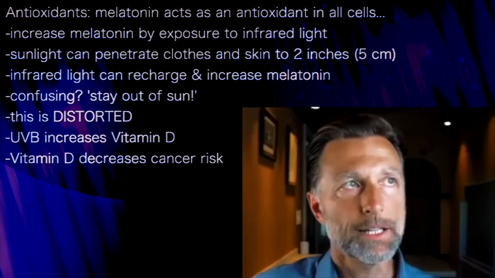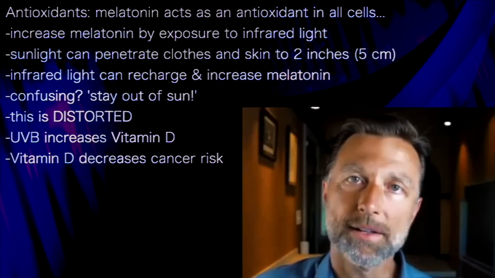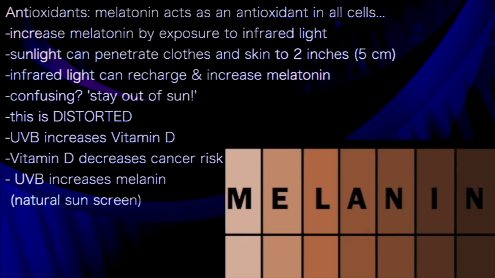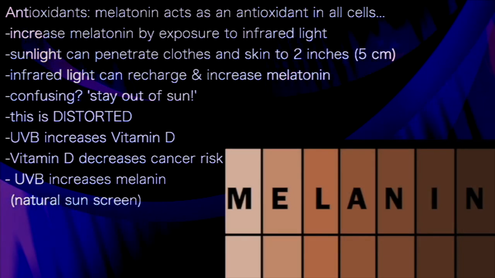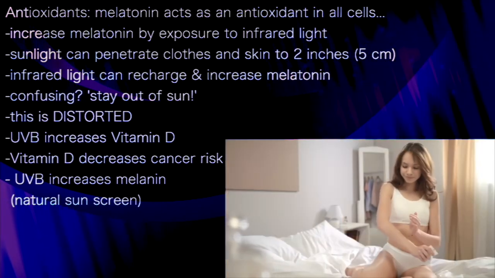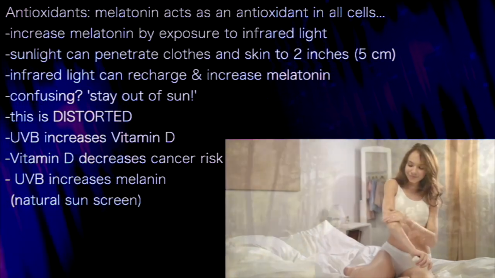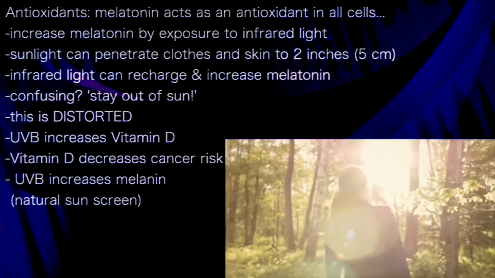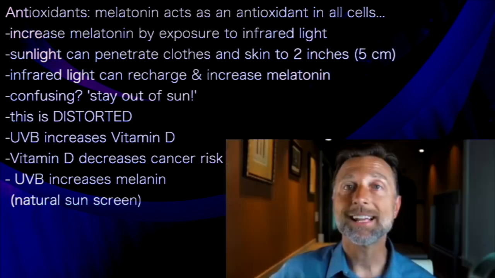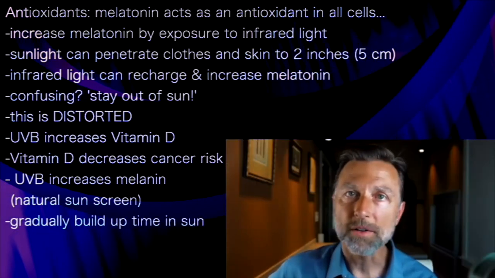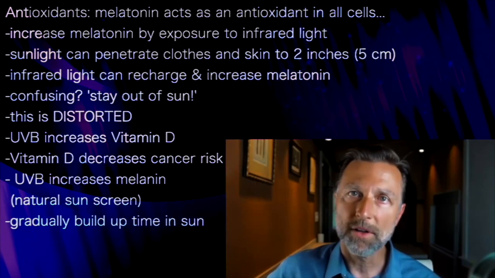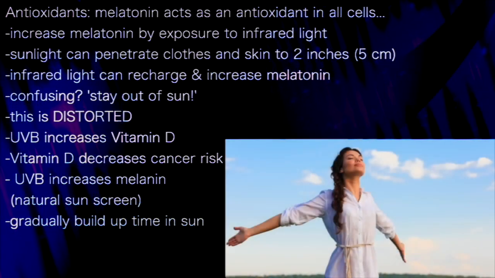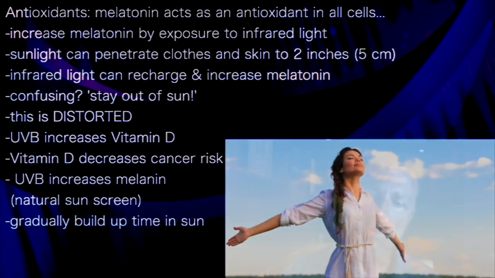But on top of that, the UV light stimulates your melanocytes, the cells that make melanin. And melanin acts like an umbrella. It's like a natural sunscreen. It's protection against the harmful radiation of UV light. So understanding that, it's important that you don't let yourself get completely burned, but you can expose yourself to a certain amount of light, so you get a tan and don't get totally burnt. And maybe you gradually